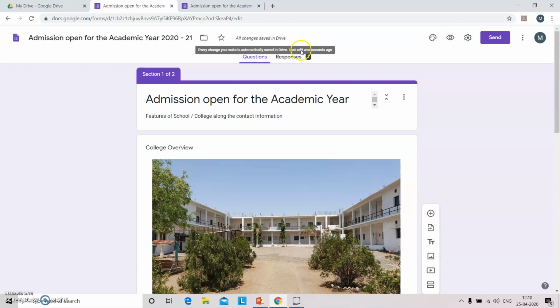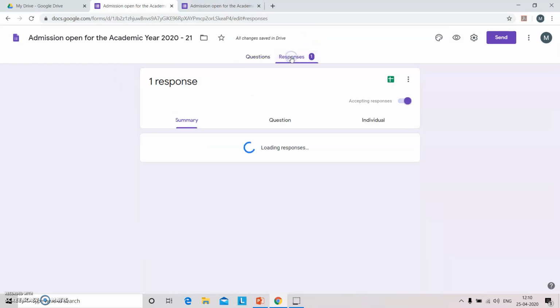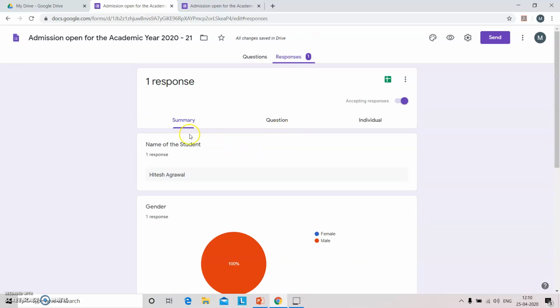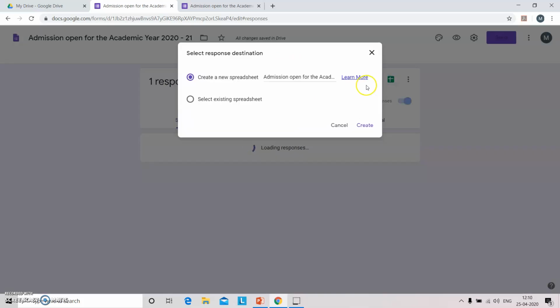In your Google Drive, you can see the responses are recorded over here. One response is recorded, and you can also collect that data from the spreadsheet.